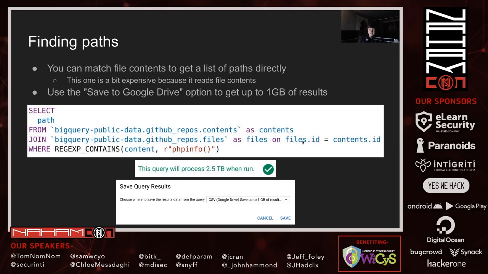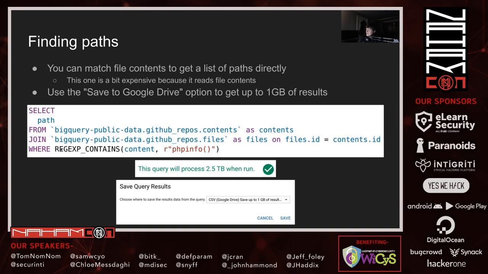The way they're linked together is that the ID field is the same. This maybe feels a little bit backwards, actually. It should be select path from the files table, because that's the one the path field exists in, but it doesn't matter. It works either way. So in the join, what we say is how these tables relate to each other, which is that the files table and the contents table both have this file ID field and they match up.